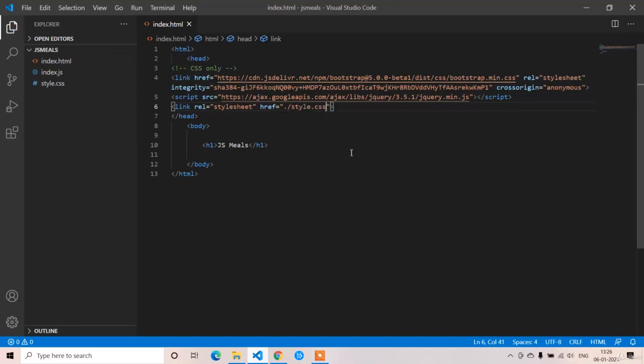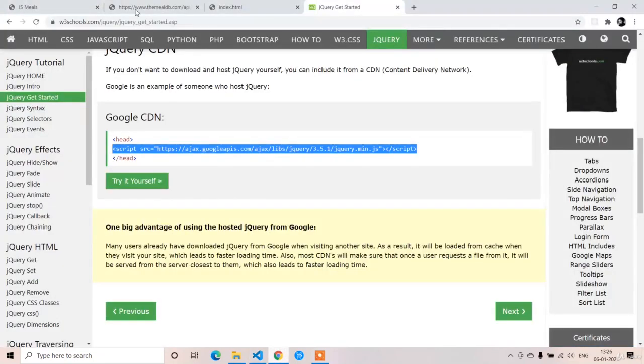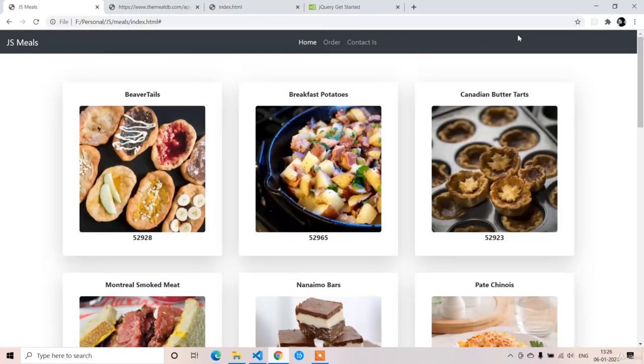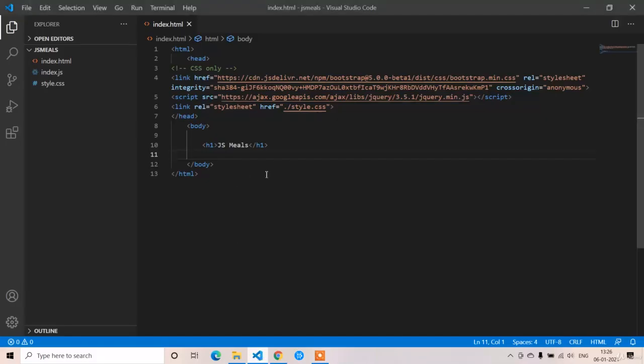That's it. So now in order to get this navbar we have to create the UL and LI elements. So first I will create one div. In that div I will create one h1 text and I will create one UL. So first of all I will create one div. In that div I will create id equal to navbar,